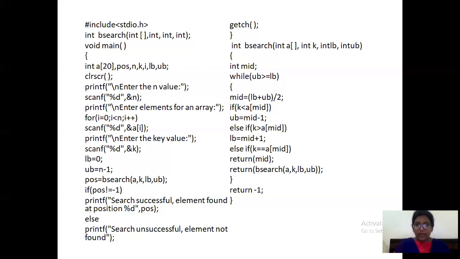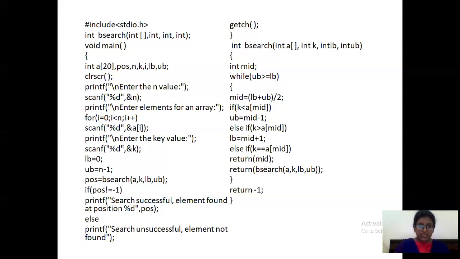Then that value will be taken by this function called binary search, and it will be held by your pos variable. Because you have called that function, the returned mid value will be held by this position, and you are going to return that value. Else you are going to repeat this process by calling this function again and again. So we call it a recursion, right? If the element is not found in your list, you need to return -1.